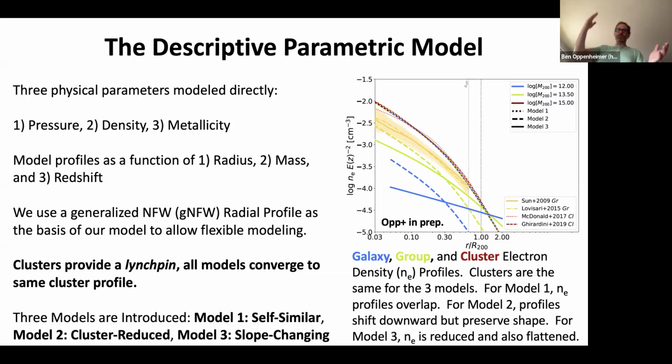But there's a couple ways to scale down. One is the cluster reduced, and those are often dashed lines in these sometimes confusing plots. So they have the same profile shapes for pressure and density, but they're scaled down more. So there are missing baryons in another phase, presumably. I'll talk more about that in a little bit. And then there's the slope changing model, which is, I think there's evidence out there for flatter profiles as you go down to lower mass, at least in the group regime. There's some direct evidence for that from the X-ray. So at that point, I will